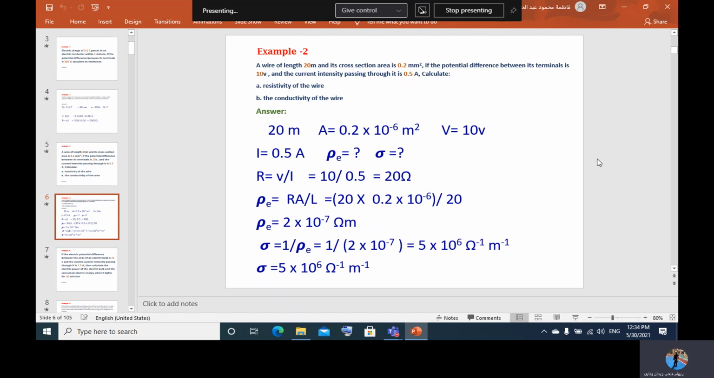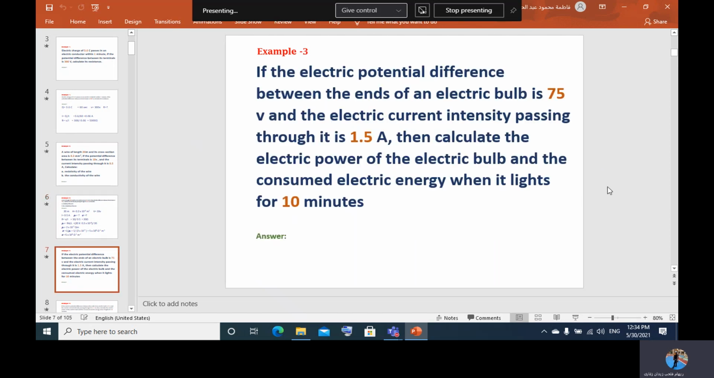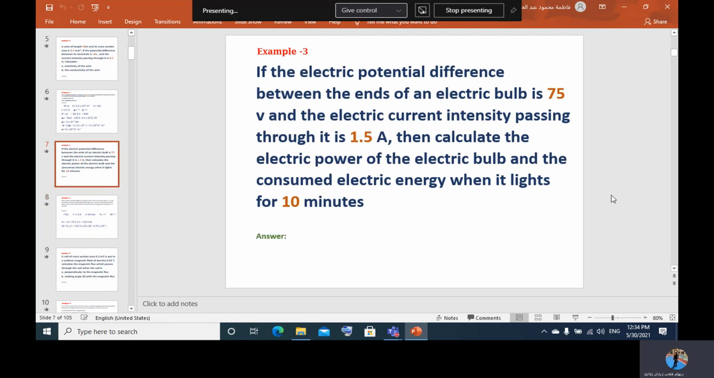Okay, this is another example of how to apply Ohm's law with getting the resistance and resistivity. And it also involves the relationship between conductivity and resistivity of wires. Now, here you have another example. Example number 3 says,